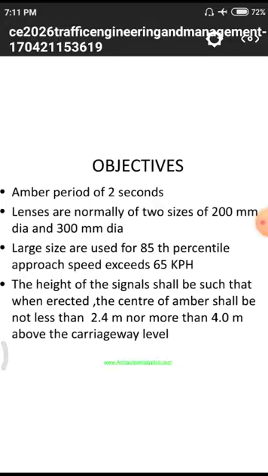If the road is very long, or there are horizontal curves, in those cases we have to use 4 meters. Why? Because the length is so long that the vehicle has to observe these signals from a long distance. This height is useful for better vision whenever the road is of long length. Whenever the road is of short length, that means if there is any horizontal curve or any other sub roads, in that case we use the 2.4 meter height.